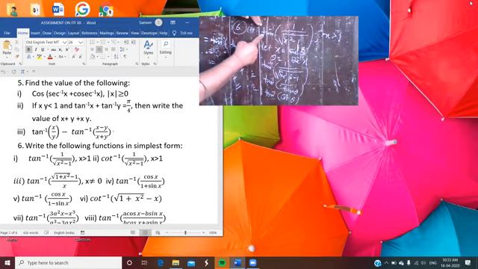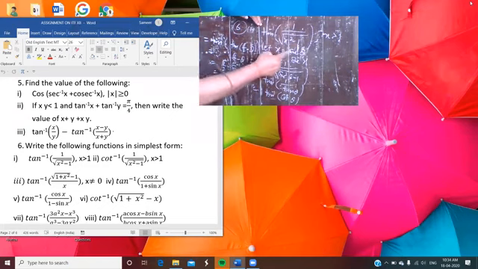If the outer function is tan inverse, then the inner function is tan. That's why you have to apply the formula tan inverse tan theta, because tan inverse tan x is equal to x. You know the formula sec square theta minus 1 is equal to tan square theta. That's why here we have to substitute x is equal to sec theta. Understand? So theta is equal to sec inverse x.